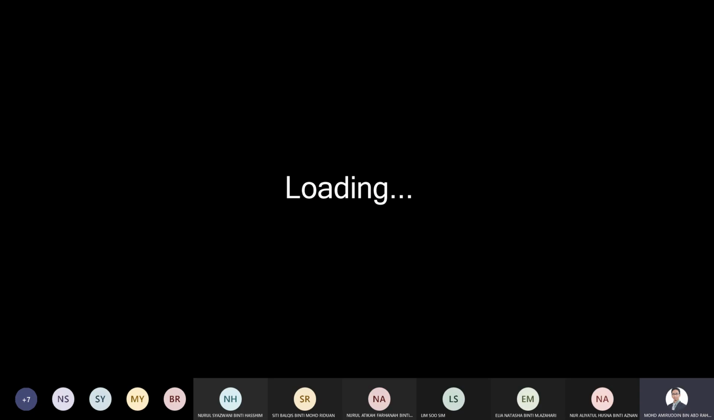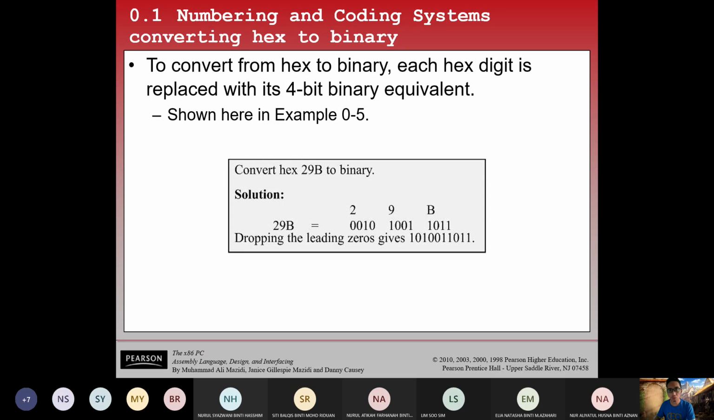How to do conversion from decimal to binary, from binary to decimal, from hex to decimal, decimal to hex, and also from hex to binary, and binary to hex as well. Let's look further with a couple of quick revisions on the conversion of hex